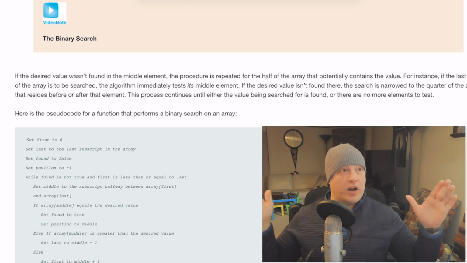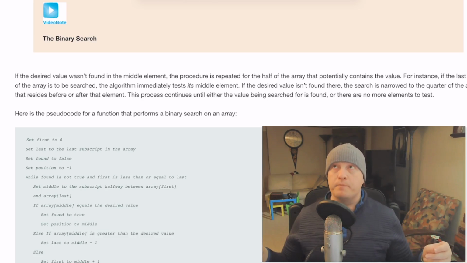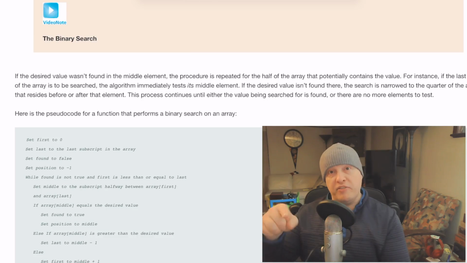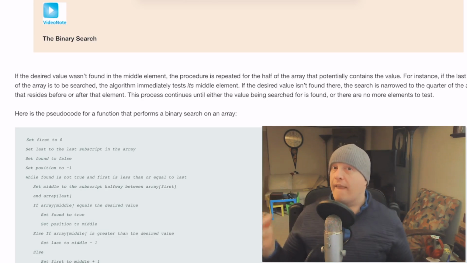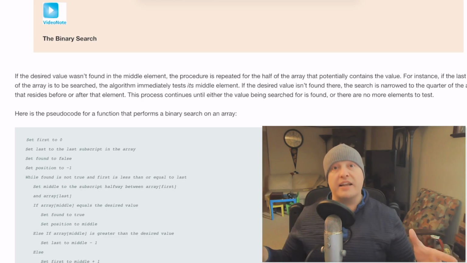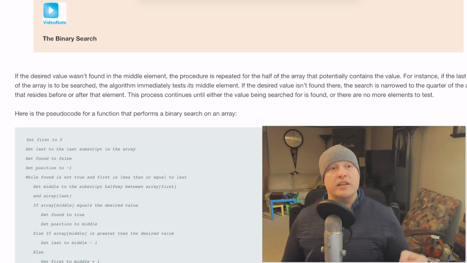If I have 100 elements in my array, the second search is only 50. The third search is only 25. The fourth search is only 12 and a half. And look at how small that data set gets very quickly. So the binary search is